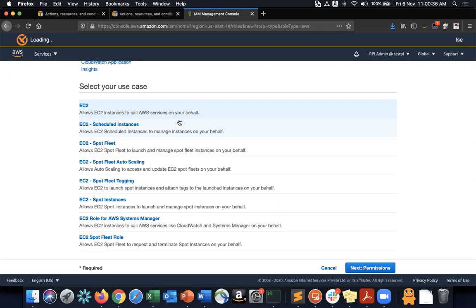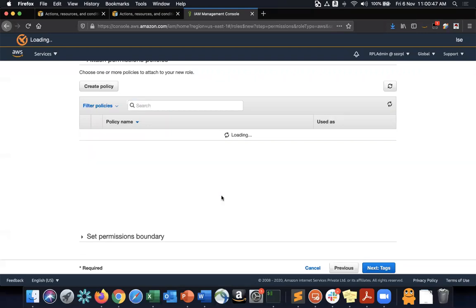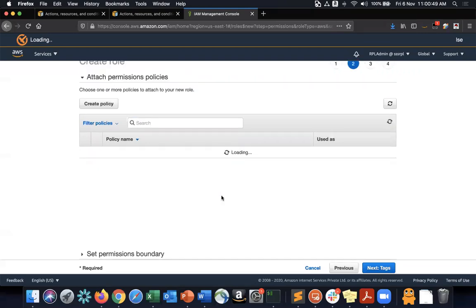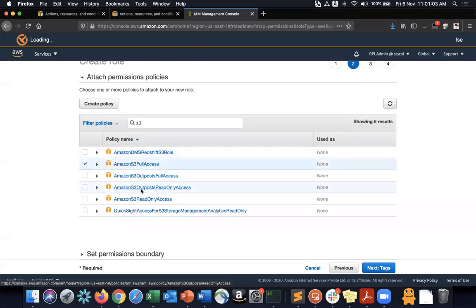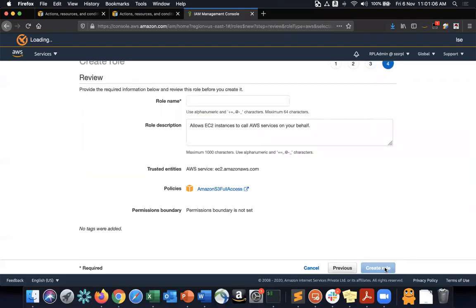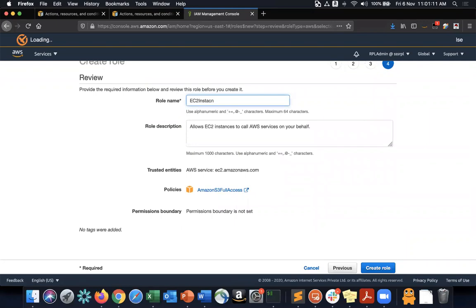So it's like this, right? Where I am the user, I'm giving EC2 permissions to call AWS services on my behalf. So that's what it means. So just click on next, permissions. Then you can attach any permission policies, such as I want my EC2 instance to call a Lambda function, or call S3 or use S3. So I'll just say give full S3 access, and then say next, review, and then you have to create a role, right? EC2 instance